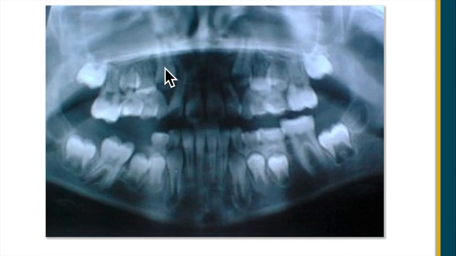So if I were to look at this canine, this would be the deciduous canine number 3, 4, 5, 6, 7, 8, 9, 10, 11, 12, 13, 14, 15. Correct? So if I were to label the deciduous teeth or the baby teeth A, B, C,